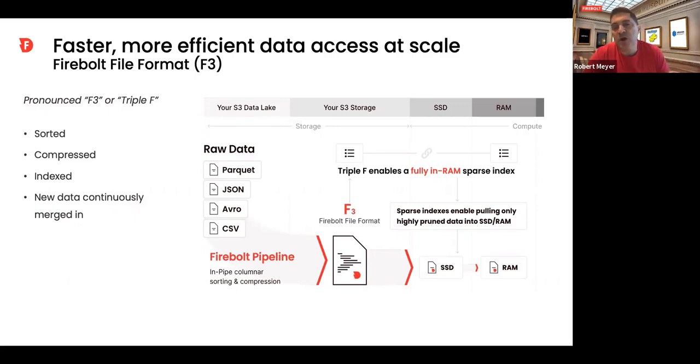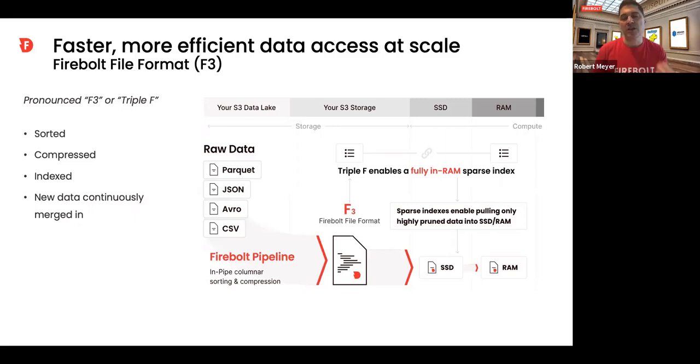And the first problem I want to talk about is how it accelerates queries. So when you load in data, Firebolt will ELT it in and write it to F3 and index it using a primary index, basically, that's called a sparse index.